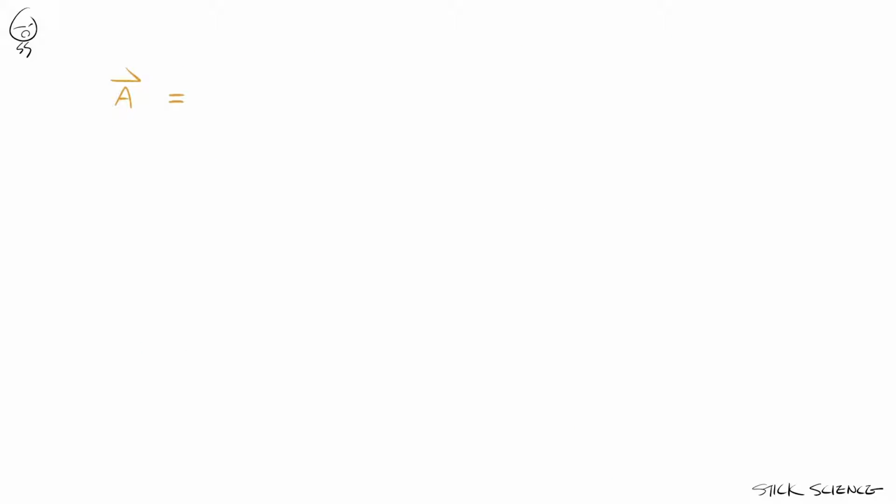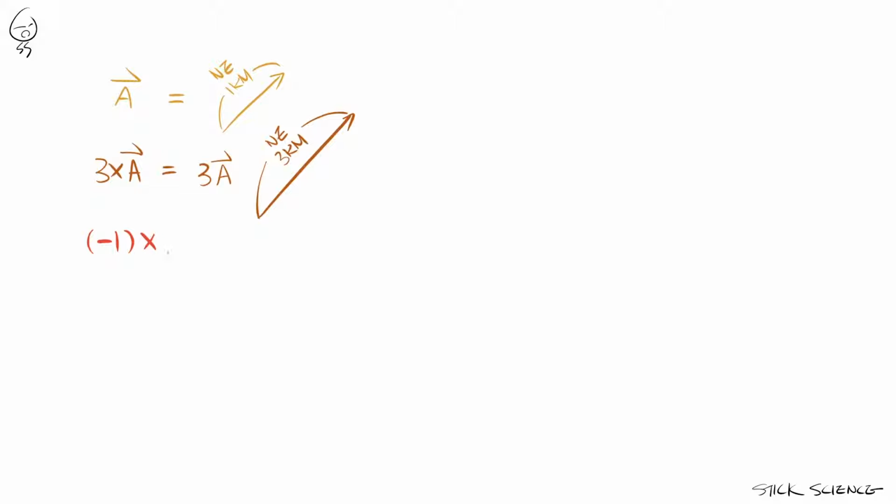Also, you can easily change the magnitude of a vector by multiplying it with a scalar quantity. So if we multiply vector A with a 3, the result will be vector 3A, and this will change the instruction from go 1 kilometer northeast to 3 kilometers northeast. In the previous episode, we mentioned that the magnitude of a vector is always positive. So what happens when you multiply a vector with a negative 1? Well, the magnitude is the same, and still positive by the way, but only the direction is reversed. So negative 1 times A is equal to negative A.